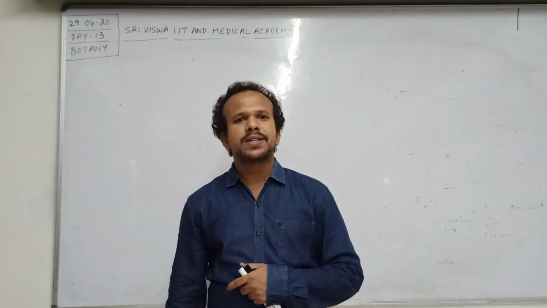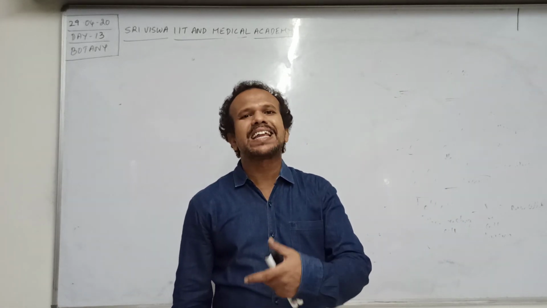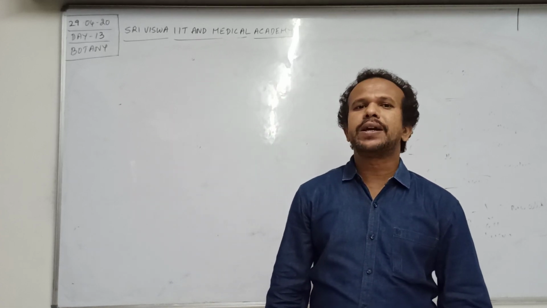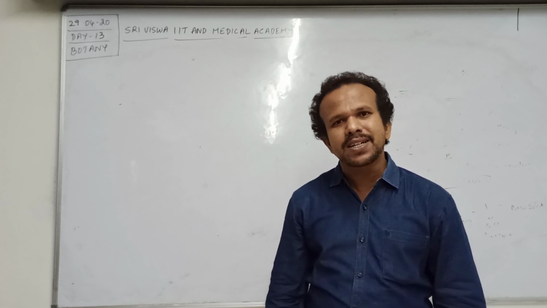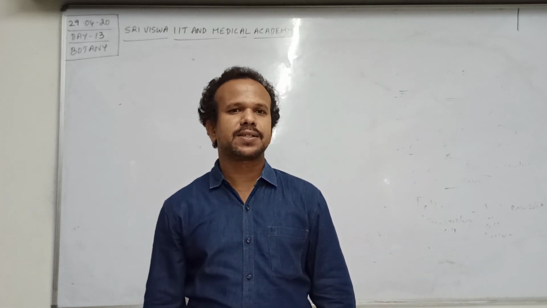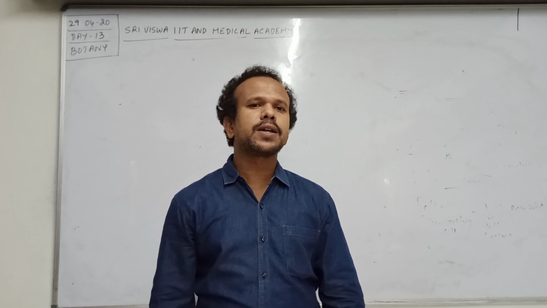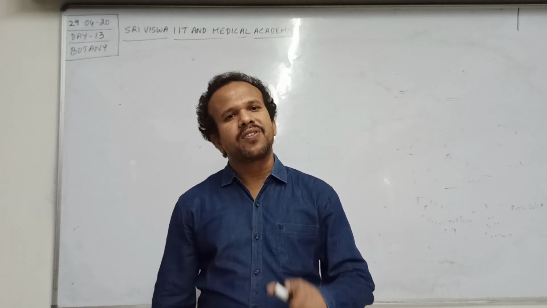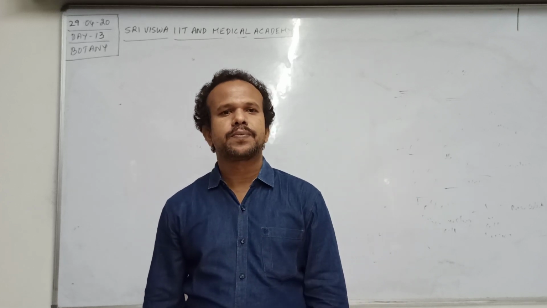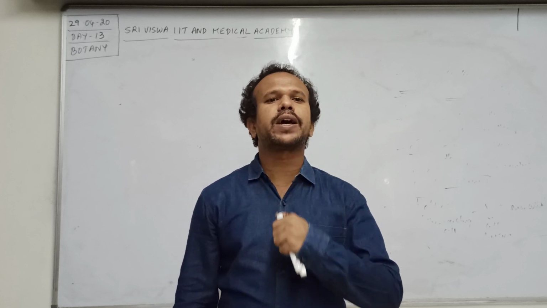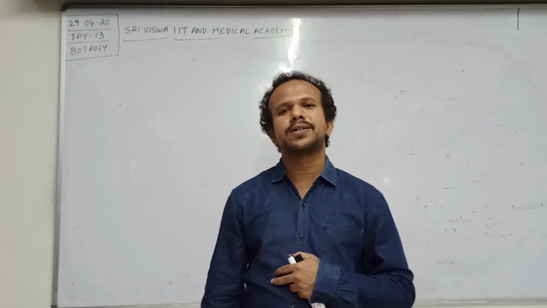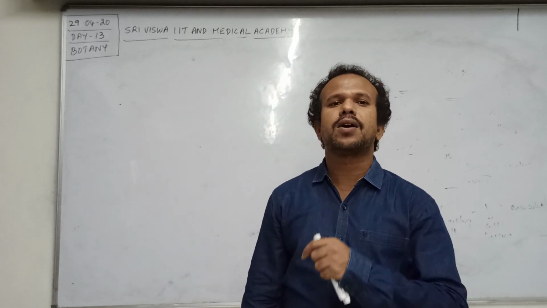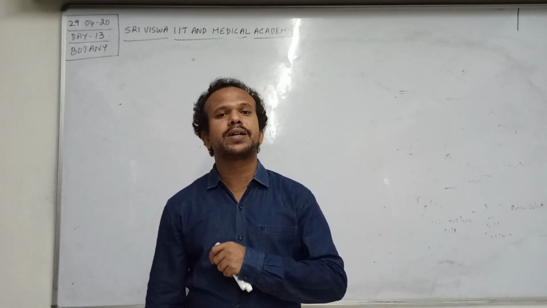In yesterday's class, we already discussed Mendel, the experiments conducted by Mendel, the characters selected by Mendel, traits selected by Mendel. Mendel selected how many characters? 7 characters, out of which how many are related to stem? 1 character. Flower, 2 characters. Fruit or pod, 2 characters. Seed, 2 characters. Total 7 characters, out of which 1 is a vegetative character and 6 are floral or reproductive characters.